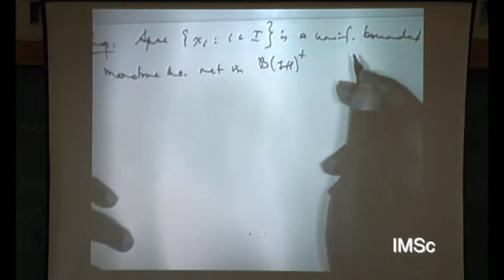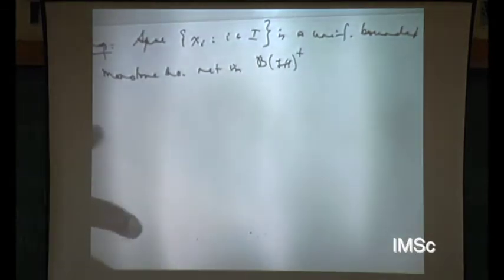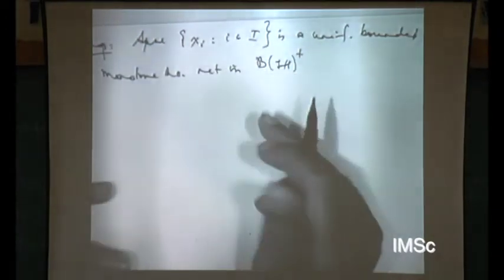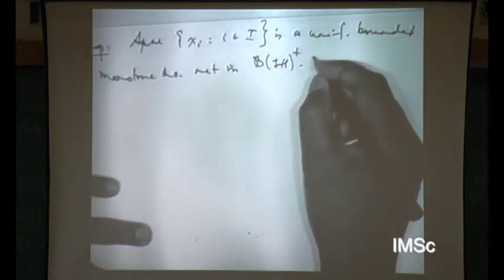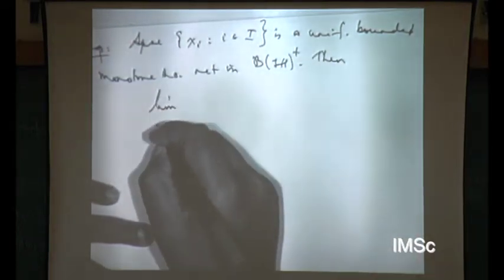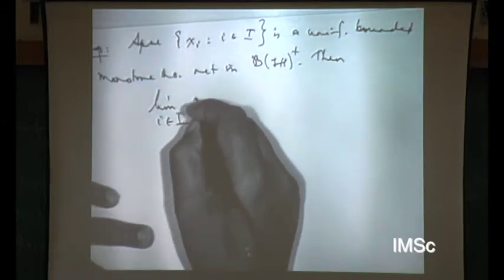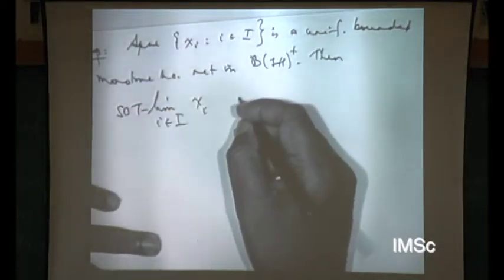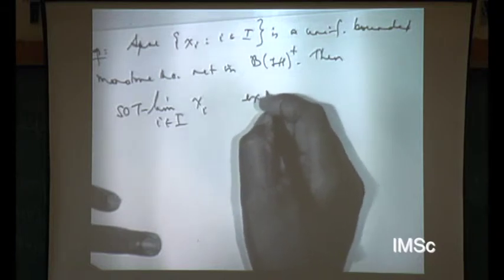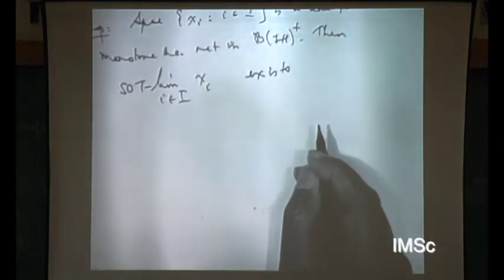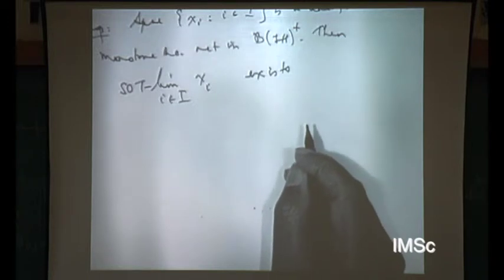Okay. So in this sense that it is increasing: if i is smaller than j, then x_i is less than or equal to x_j. Then the limit of x_i in SOT exists. Any such monotone limit converges in the strong operator topology. And if we call this limit x,